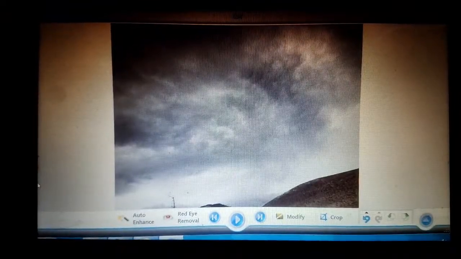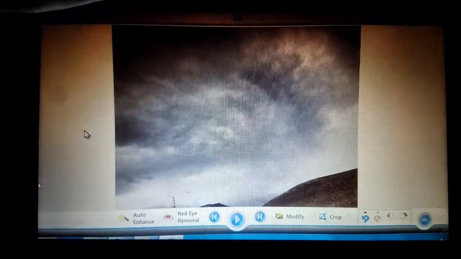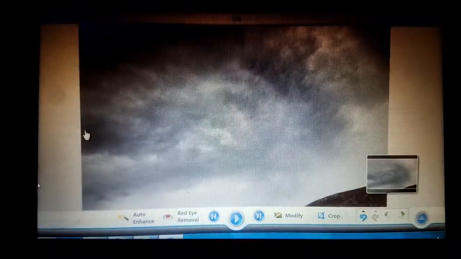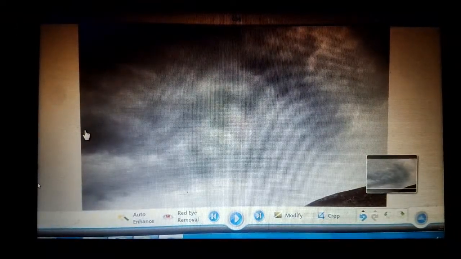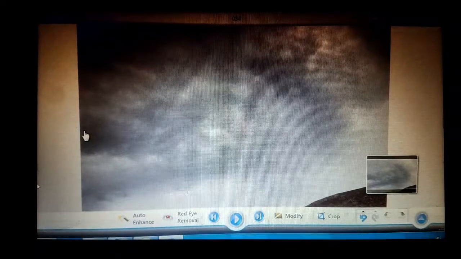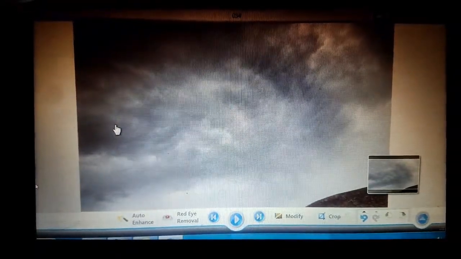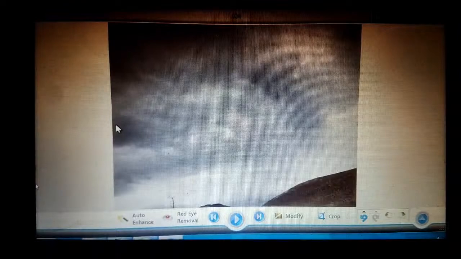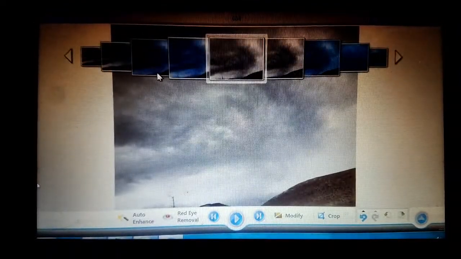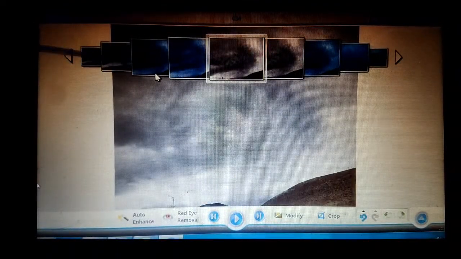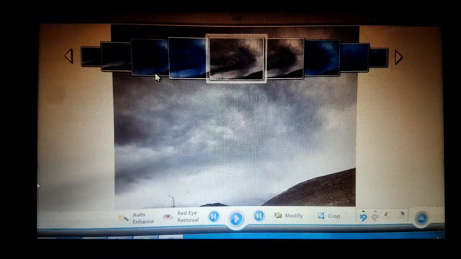And once you see that image, we can zoom in just a little bit tighter. There you go. Okay, and this event happened over a course of about an hour, and I got a lot of pictures of it. See, if we go up above here, you can see all these pictures from way over here going across, or all of this event, and I'm going to show you more of what happened here.